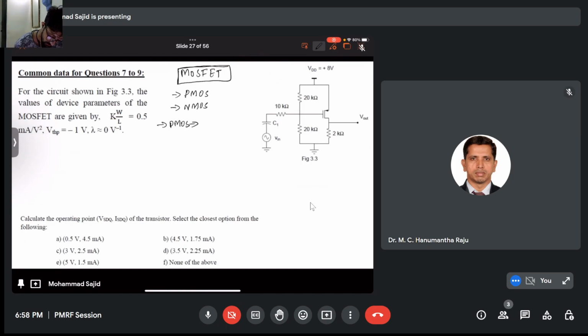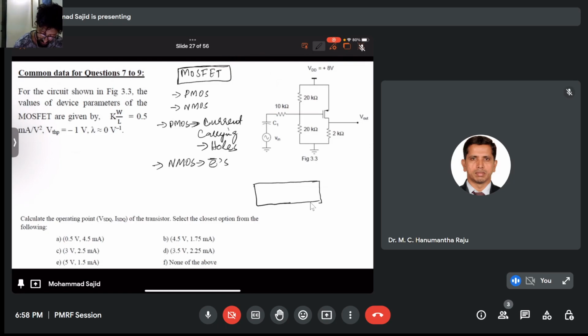PMOS has current carrying carriers as holes, and in NMOS the electrons. So basic structure of MOSFET is,